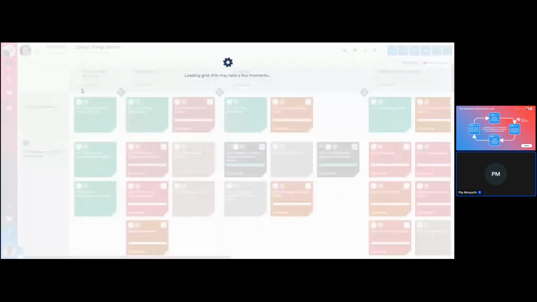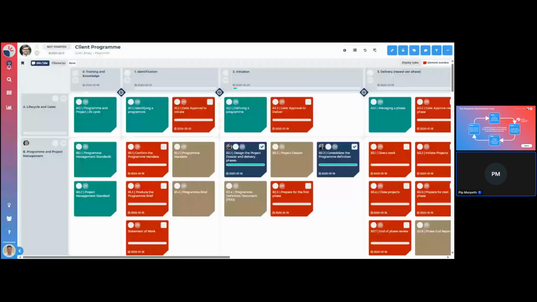I click in and I can see this one's not very healthy because most of the tasks are overdue, but this is giving me the visibility to be able to say, okay, where are they? Where is the team? What are the issues? And hold people to account to say, look, please, can you get the playbook up to date and relevant and tracked for assurance of delivery.